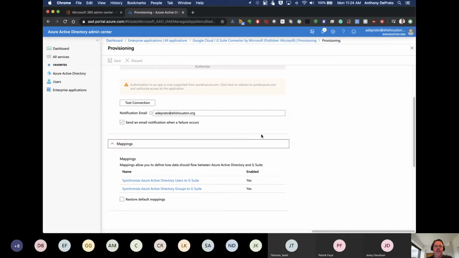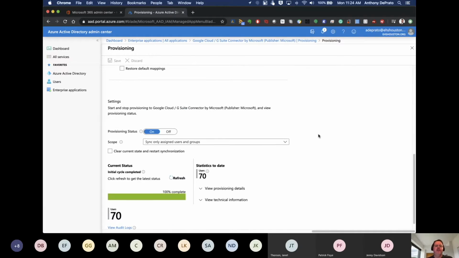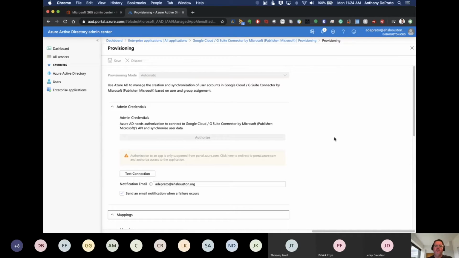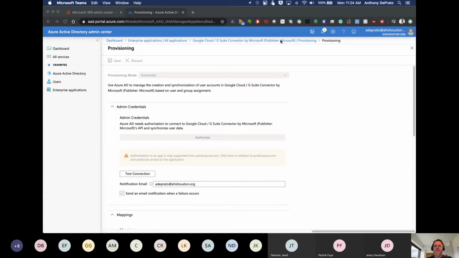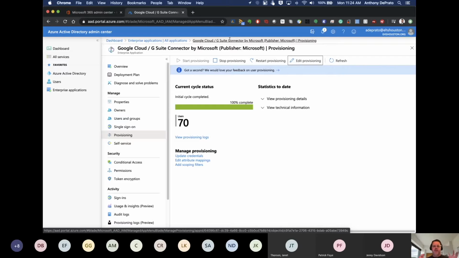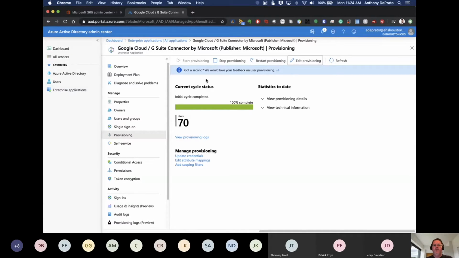And mappings, again, I can't do these because of the way our hybrid is set up, but you can use the mappings and assign groups. I think the most common method for doing this, if you're in a pure Azure cloud, is that you create a group that has permission to use the enterprise application for G Suite. And that starts to save you a lot of time because you're really just adding people to that group and